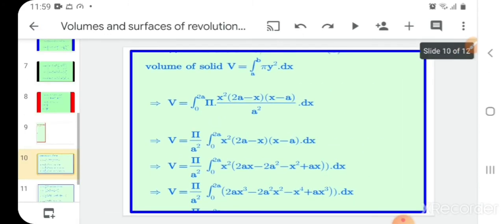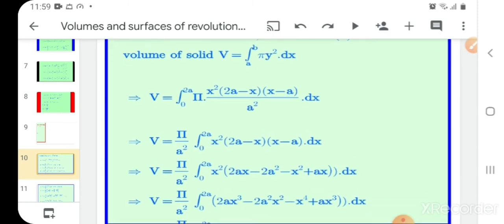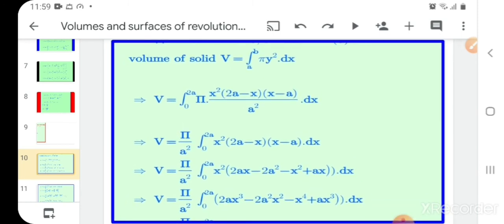Next one. We know the y square value and the limit values. So I write the formula of